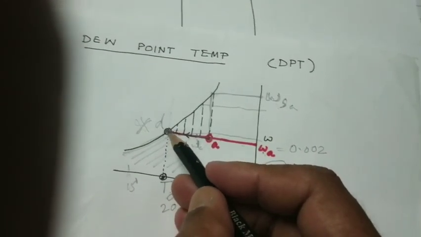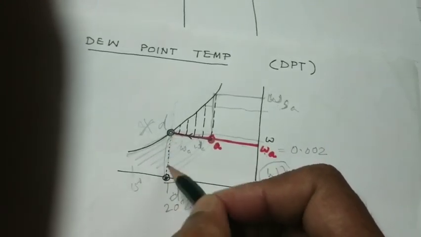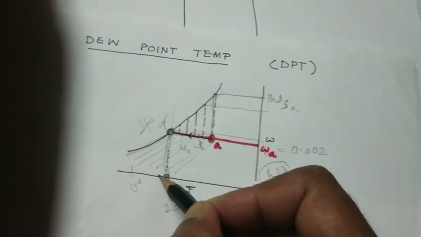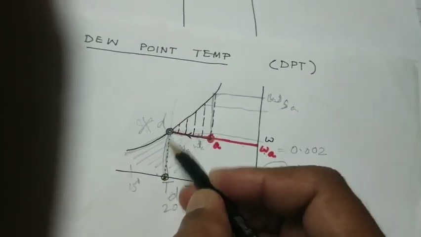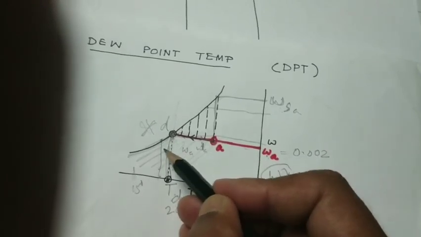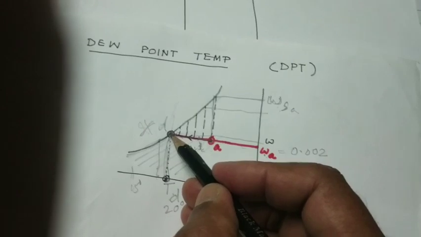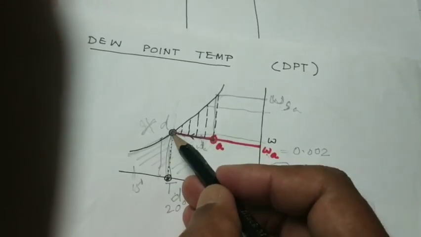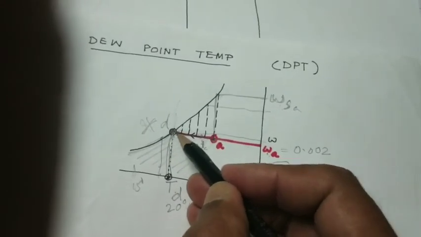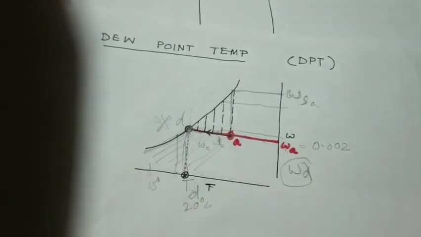So if the temperature has to go down, it cannot decrease its dry bulb temperature. This is the dry bulb temperature. If it comes to this particular dry bulb temperature, then it doesn't belong to point D. There will be a new point. This point has to come. So D point is no more. We have to be at D. We don't want to leave this D point. So what is the important point of D is, at this particular point, listen carefully.